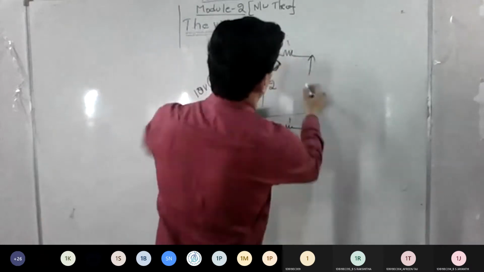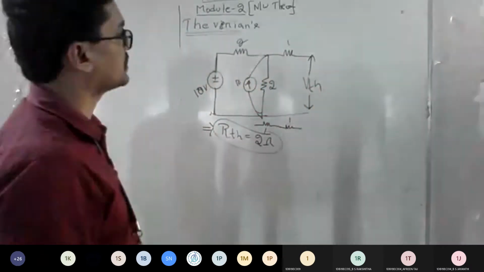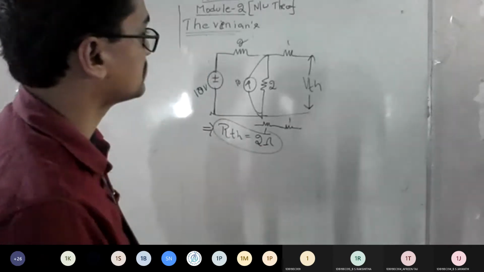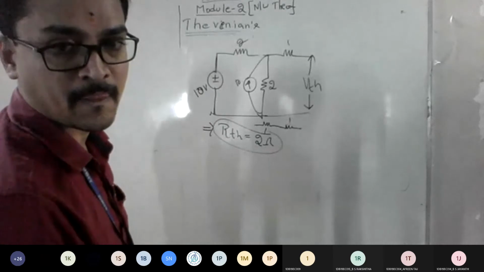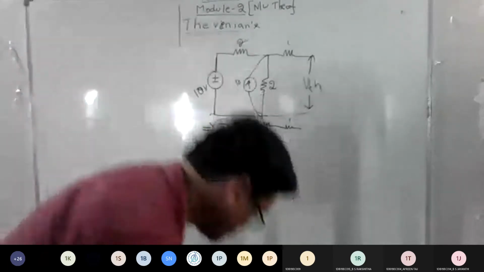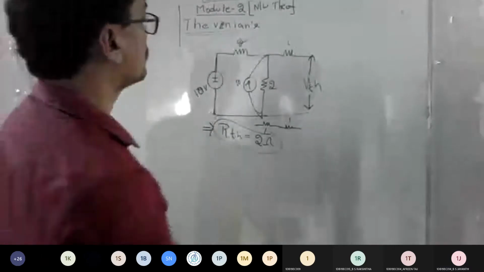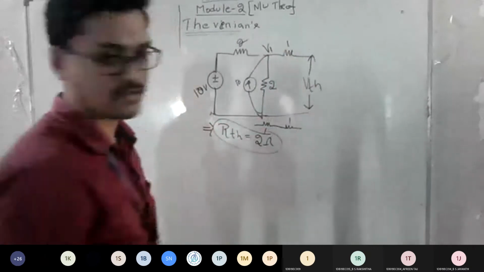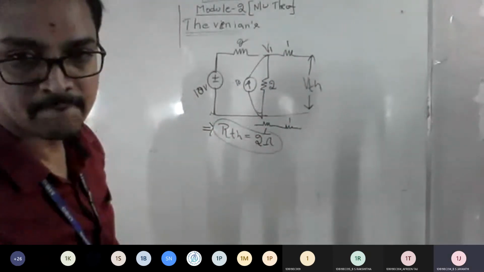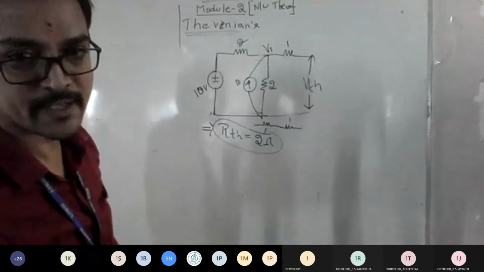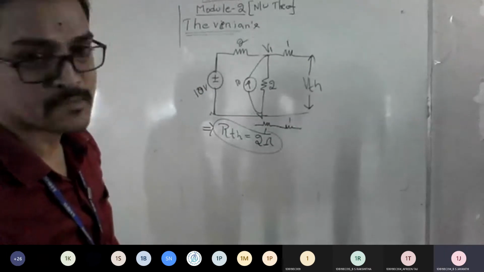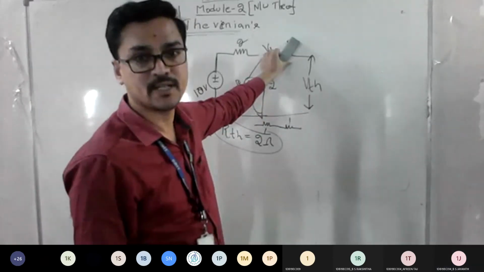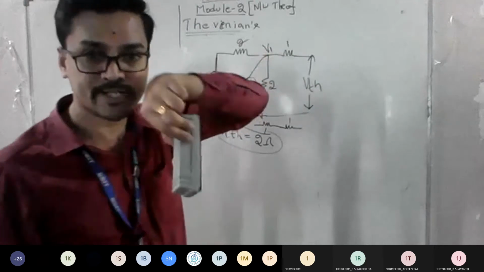Okay, so replace this with VTH now. If you look at it with respect to my nodal concept, how many nodes are there now? Is it 1 or 2? 1, sir. So only this one. So this V1 is called VTH, sure? Yes, sir. A 1 ohm drop is there, no, Jayant? Yes, sir, just forgot to see it. See, if this 1 ohm was not there, you could say V1 is the same as VTH. But because of the 1 ohm, you can't expect the same voltage across there, correct?